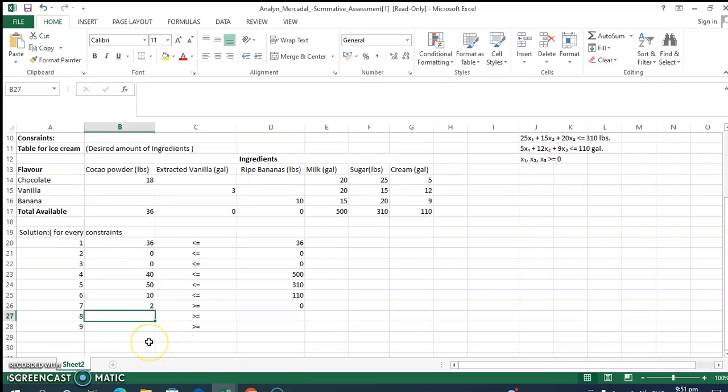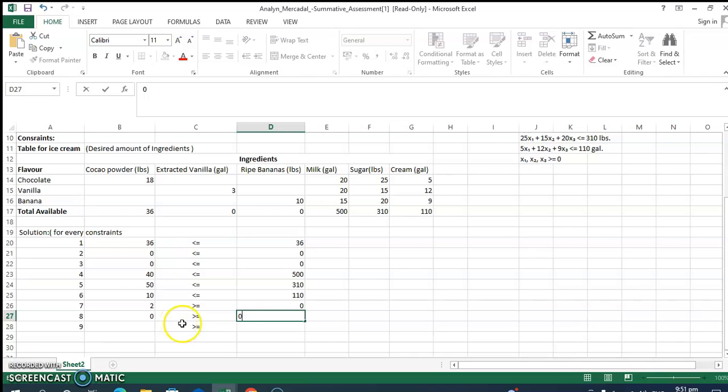Next is for banana, where the quantity is 0. So what we maximize is 0. So 0 for banana is greater than or equal to 0. That is the constraint. And then next is 0 for vanilla, and the stock is 0. So 0 is greater than